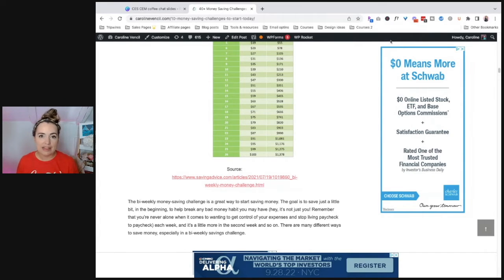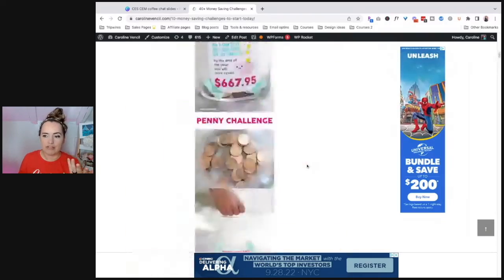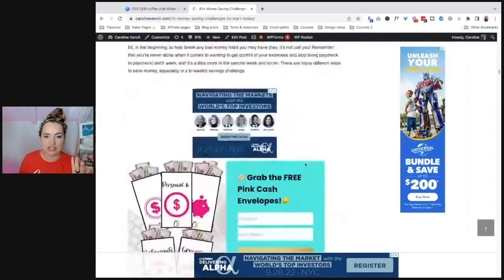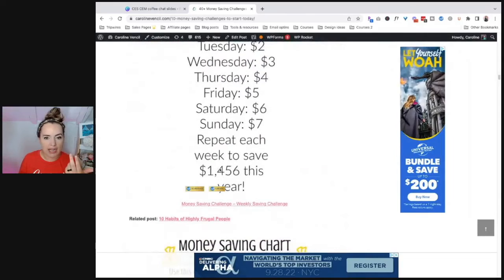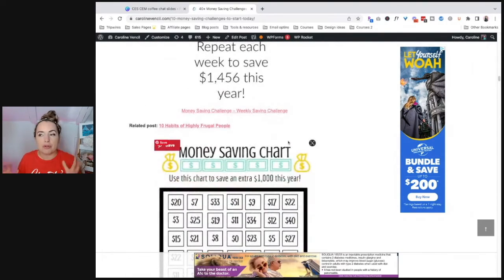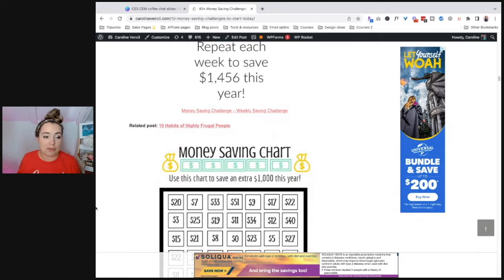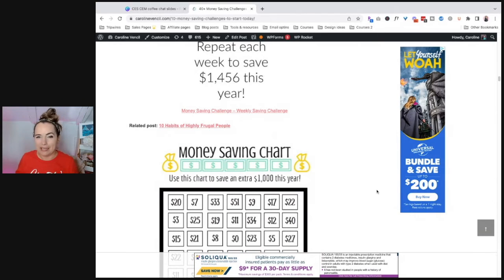I like to do it that way to a certain extent. Sometimes I will ask, but I do like to do it that way because think about it. When I'm looking for these different kinds of money-saving challenges, the ones that catch your eye are the ones that are pin images. They're the ones that are pinnable. They're the ones that are designed to catch people's attention. So in certain ways, I do it kind of like judging a book by its cover, but not in a bad way, in a way that I want people to share this post.